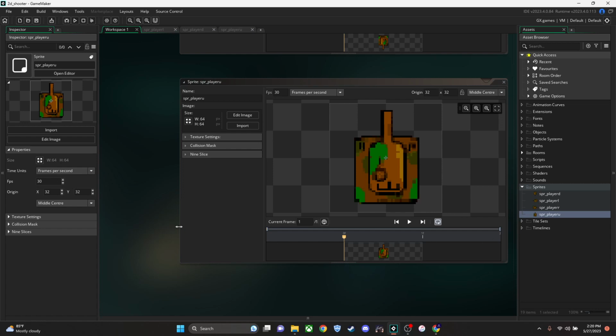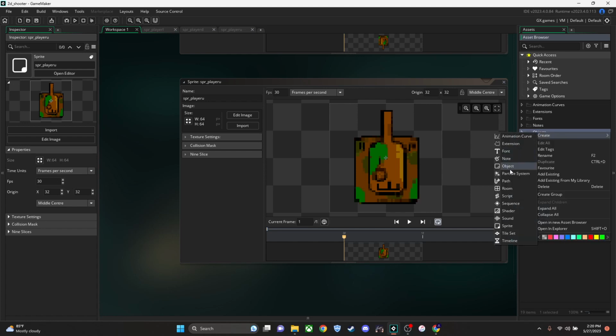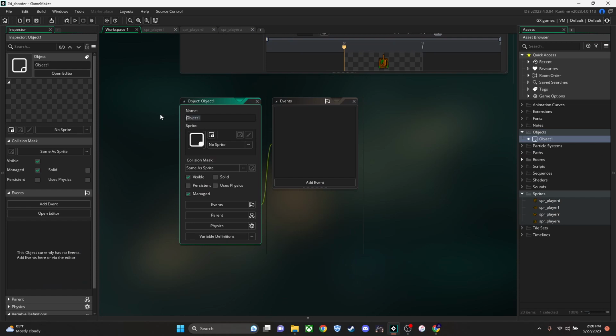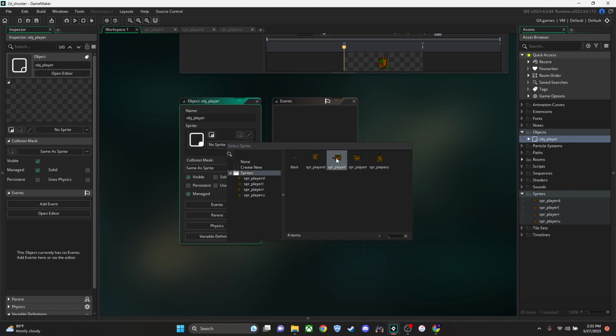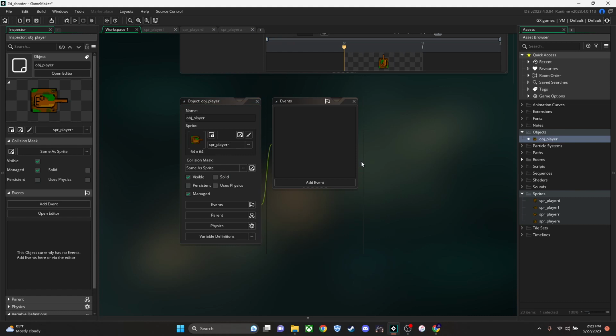Okay. So now we have to create an object that's going to represent our player. So right click on the objects folder, create object. We're going to name this object OBJ player. And we're going to set it to SPR player R. We'll set it to that one. Okay, so let's start